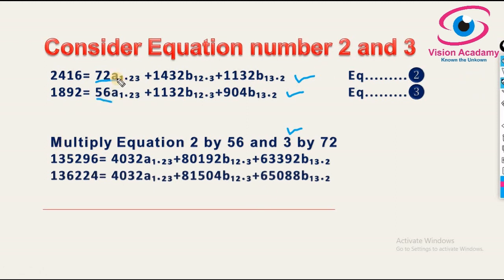So that is 56 into 2460, 1,35,296. 56 into 72, 4032. 56 into 1432, 80,182. 56 into 1132 will be 63,392. So now 72 by this equation, 72 into 1892,